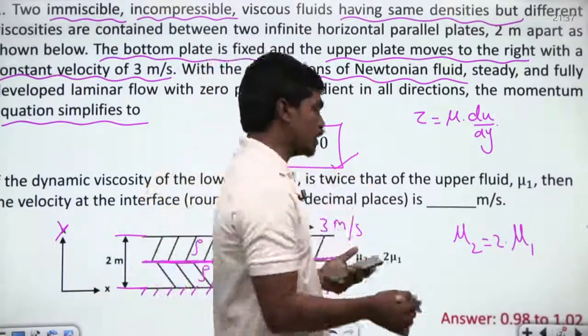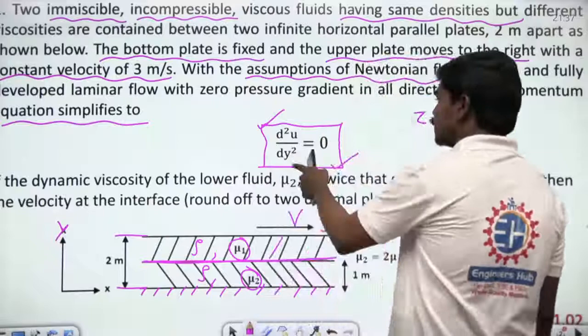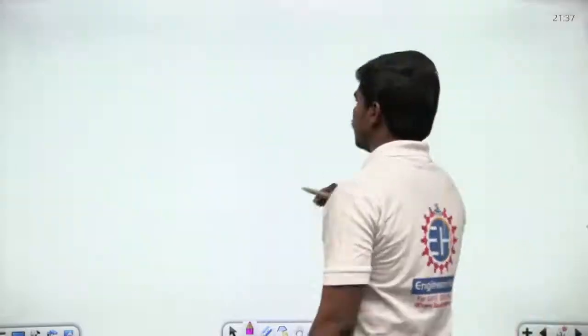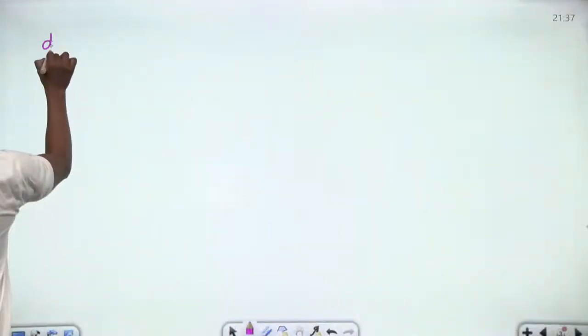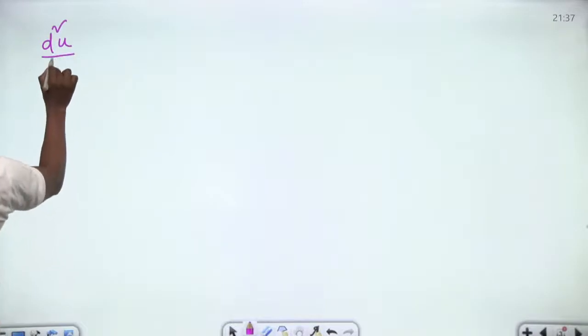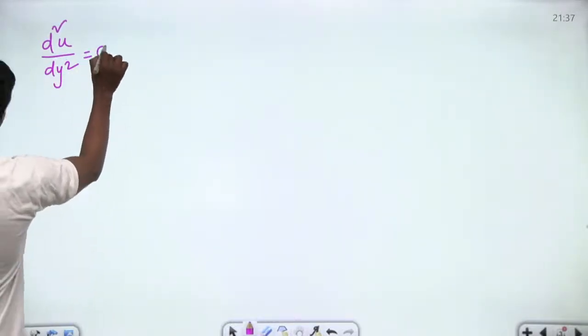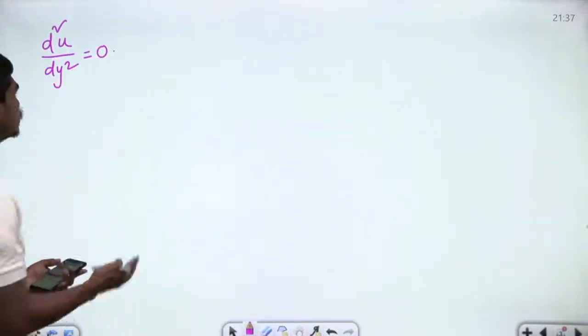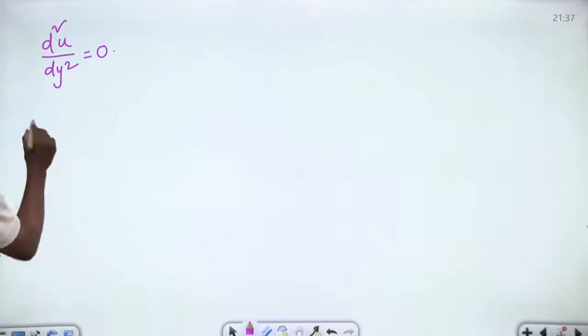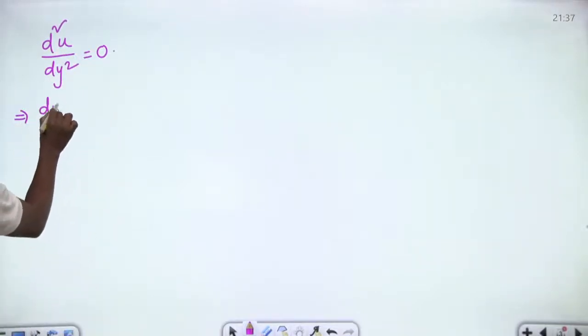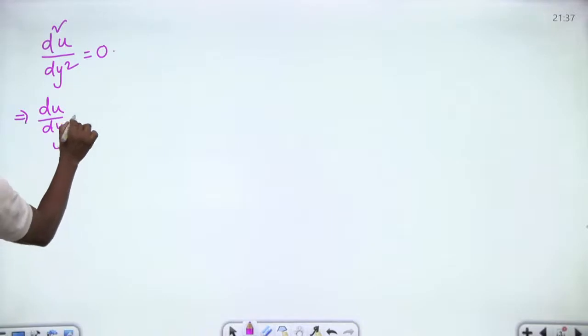Now let us attempt to solve this. The one thing that you have here is d square u by dy square is equal to 0. So let us write that. d square u by dy square is equal to 0, and this is the differential equation that's relating velocity with the y direction, correct? So if you want du by dy from this, du by dy is nothing but a constant,